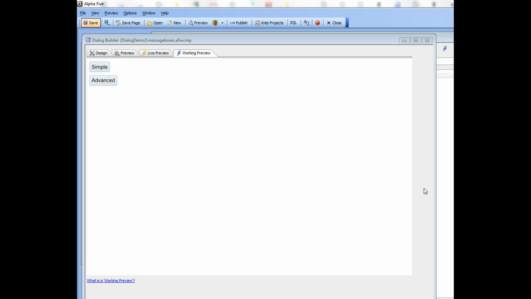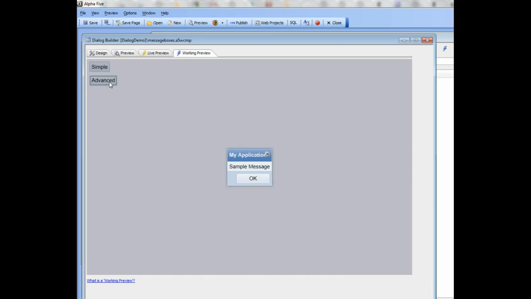But the alert and the confirm don't give you any control over the styling, and they're actually quite unattractive. So here's a button, and when I press this button you can see it brings up an alert with a message over there. But here I've used the advanced message box action that's just been added, and you